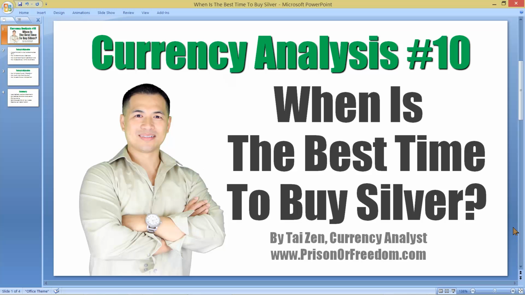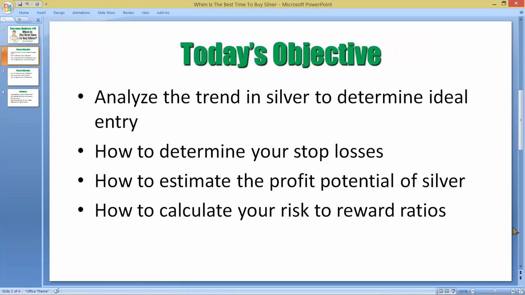In this episode of Currency Analysis, I want to discuss when is the best time to buy silver. In today's objective, I will analyze the trend in silver to determine the ideal entry point. I will also talk about how to determine your stop losses once you start investing in silver. I will also discuss how to estimate the profit potential of silver and how to calculate your risk to reward